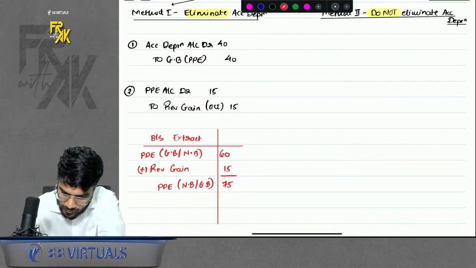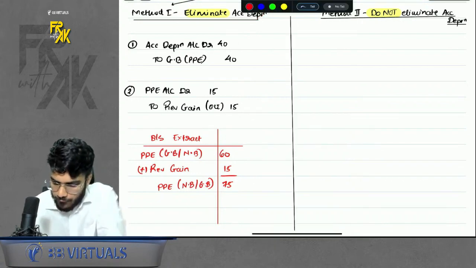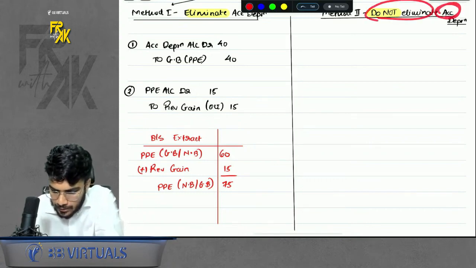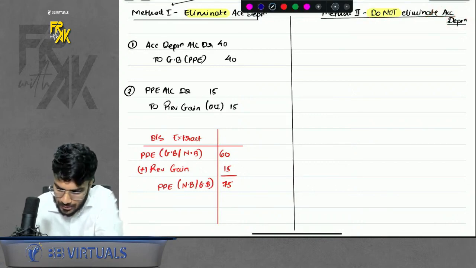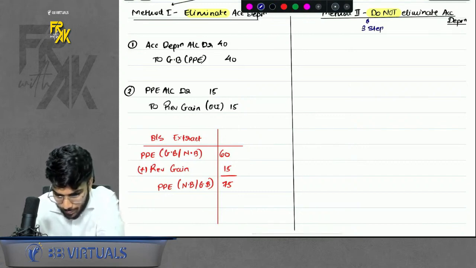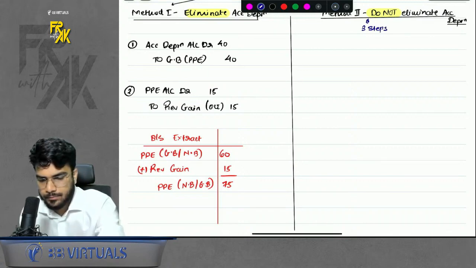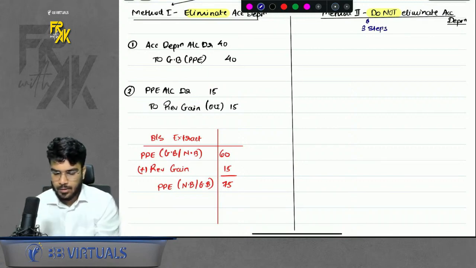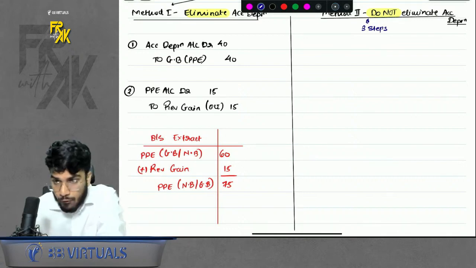So this was the first method where we will eliminate the depreciation. Now we will move on towards the second method. And that is, what if we do not want to eliminate the accumulated depreciation? In that case, you will have to follow 3 steps. What are those 3 steps? The first step is going to be